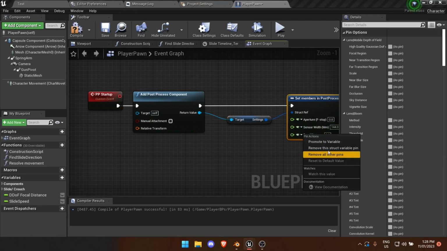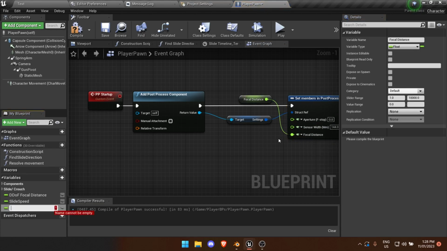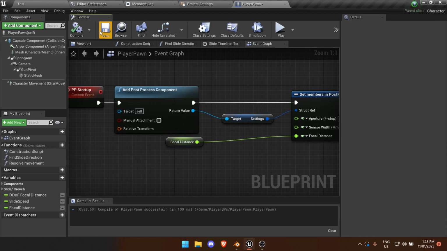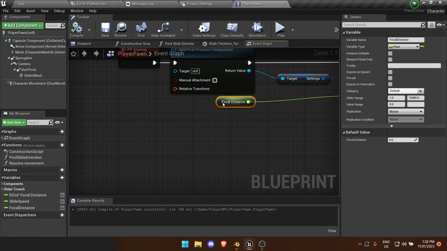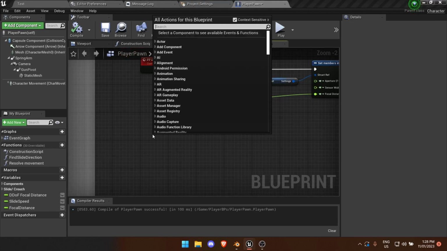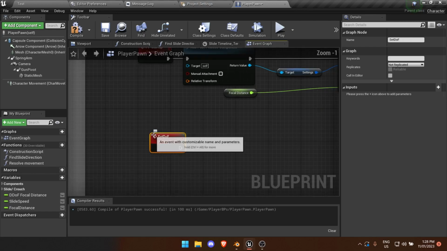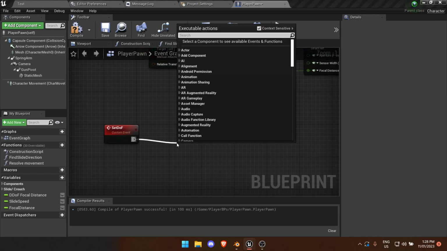But I'm going to connect it to a variable that we will be using later. Just be focal distance. Let me just put that there. And now we create another event, which is set depth of field. So now we want to line